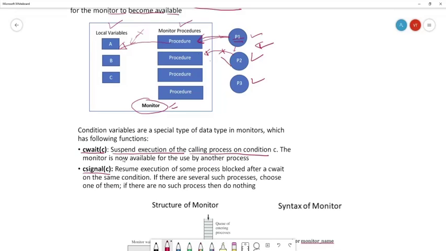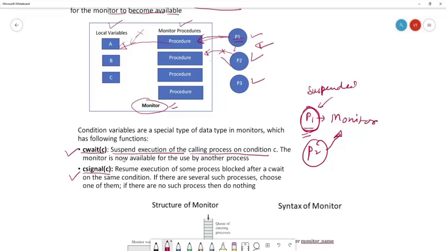Suppose P1 is in the monitor right now and it wants some condition to happen. The monitor will suspend this P1, and the next process in the queue can come into the monitor. That is what c wait is doing.